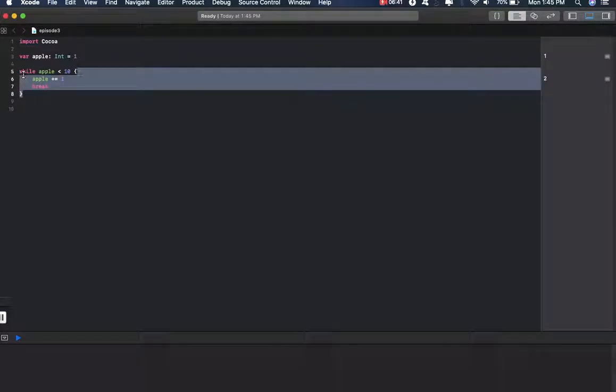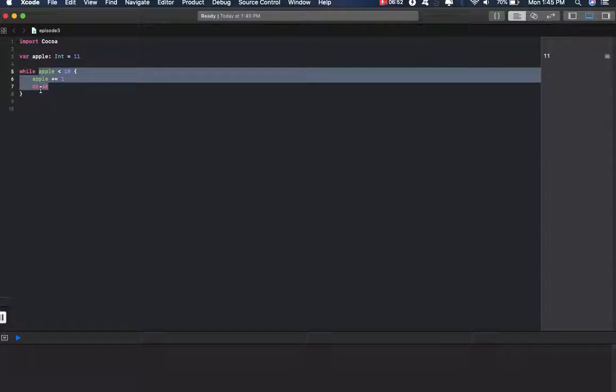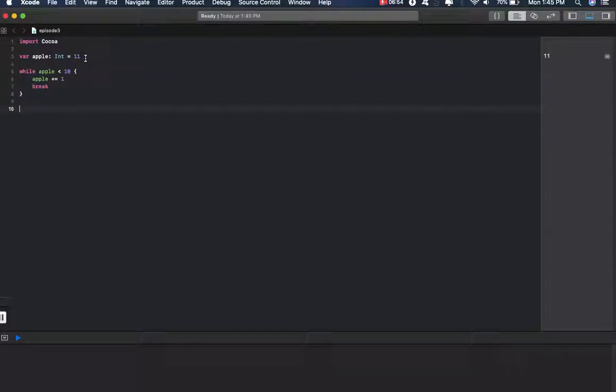You can also do a repeat while. So first, notice how if it's already greater than 10, so let's say 11, it's not actually going to run any of this. Look, it's not actually going to run any of this at all, because it's already greater than 10. That's why there's another thing called a